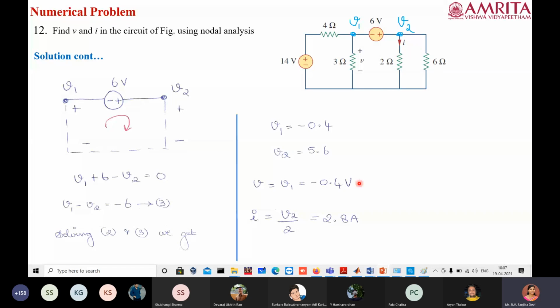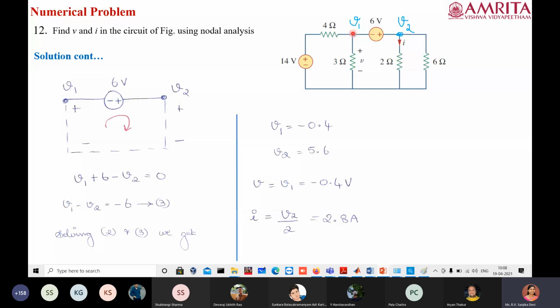Because initially when we are analyzing, we really do not know whether a particular node is at a positive potential or at a negative potential. So only after completing the circuit analysis, based on the answer, we can determine. So that is the reason why we tell you to fix the nodal voltages as positive. Solve the entire circuit. If the answer is positive, the nodal voltage we have assumed is correct. If not, it has to be opposite.